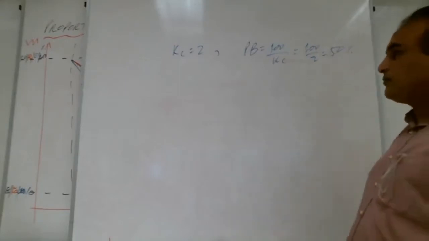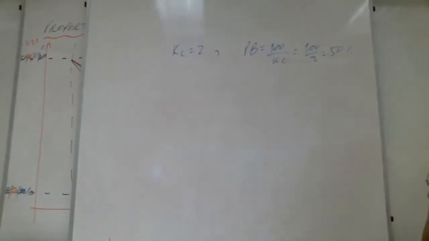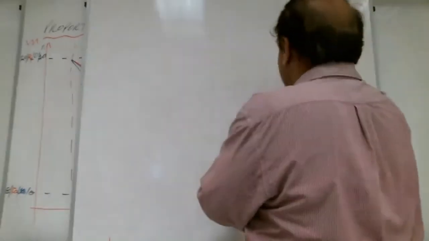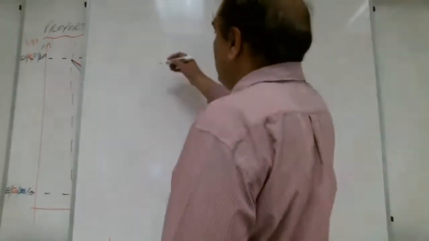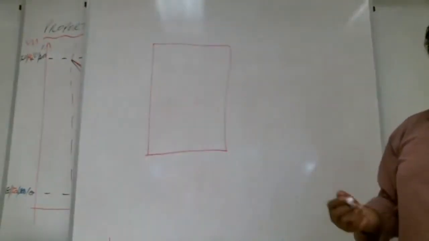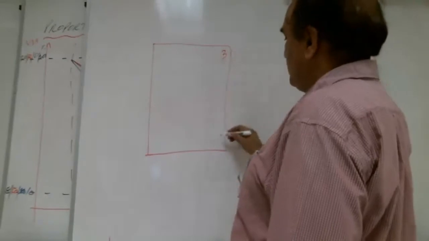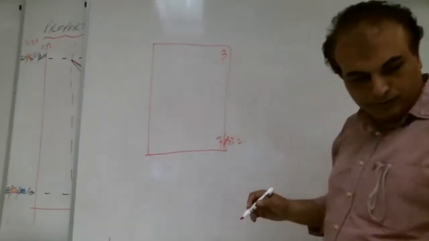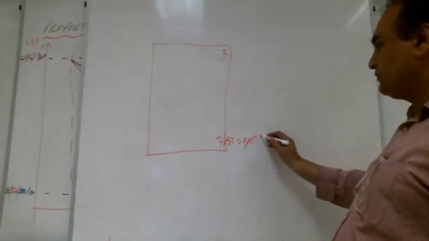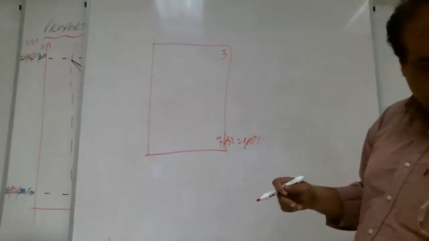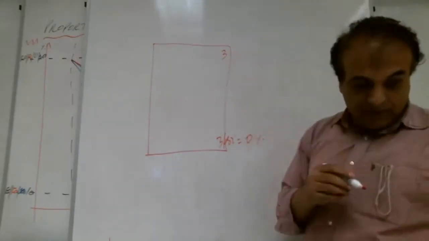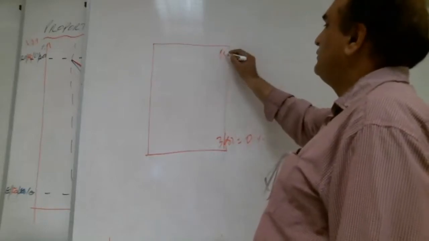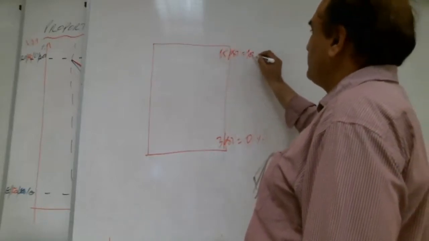Yes, brother, please read part B. An air tank is controlled as follows: 3 psi equals 0% and 15 psi equals 100%. So 3 psi is 0%, and 15 psi is 100%. This is the calibration.